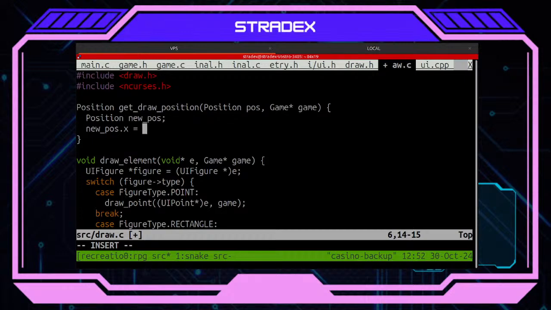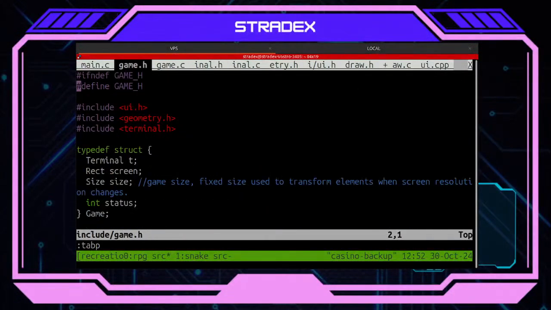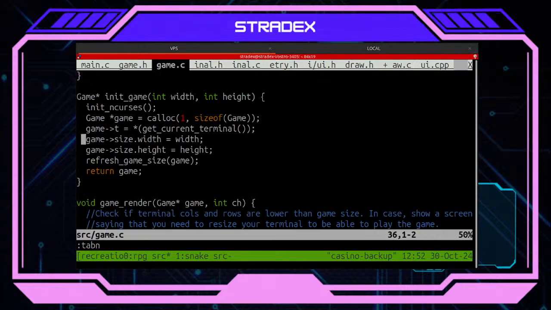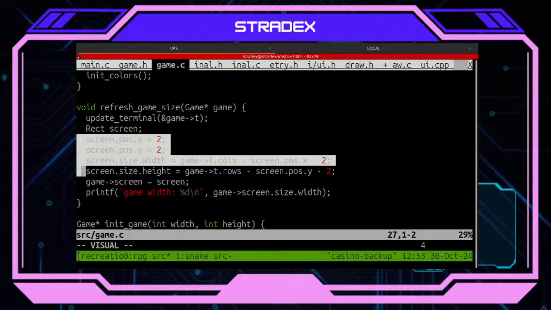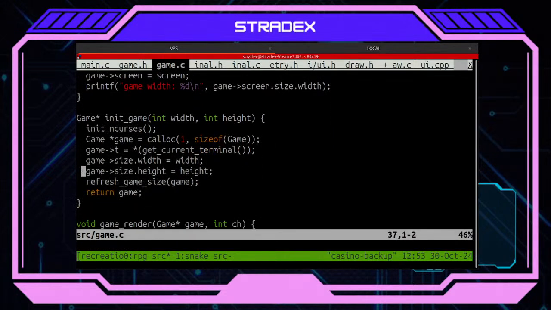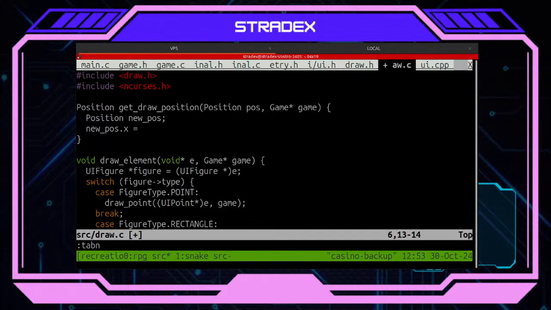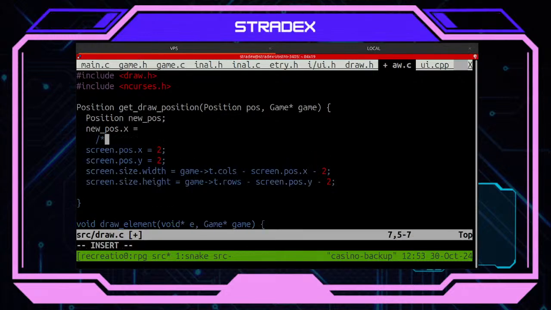Okay, so basically what I want here is to take into account certain things. Screen size is one thing, and for example, yes, this is the stuff that I need actually right now. Game size: one thing is my screen size, and another thing is my game size. So stay here with me. So what I want to do now probably is to first add game screen position x. We add this as the initial position,